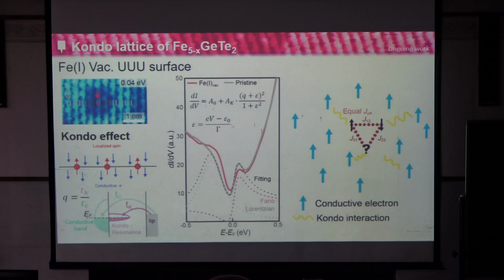It means that the conductive electrons in the material can interact antiferromagnetically with the localized spins, causing Kondo screening and reducing the interaction between the localized spins. So when they have Kondo interaction, it can form a Kondo resonance state band nearby